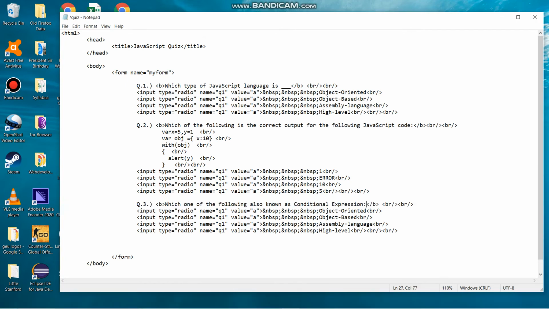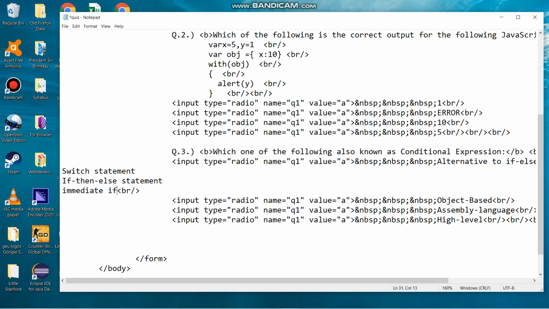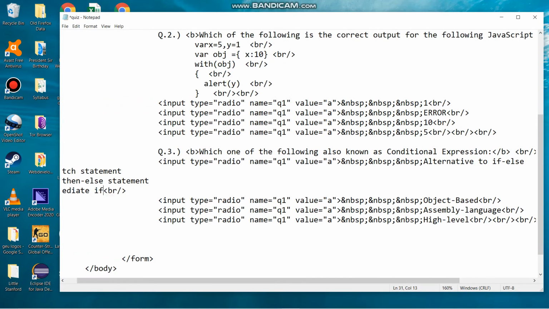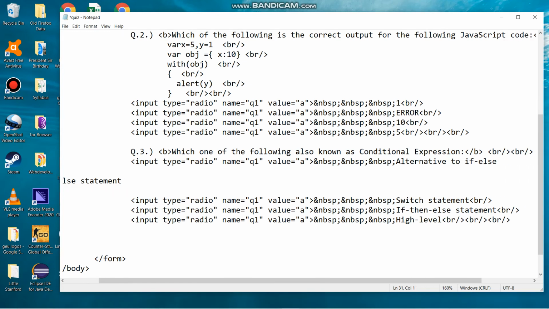Which one of the following is also known as the conditional expression, and colon? Just change the options I have taken here. First I have written alternative to if, second is the switch statement, third is the if then else statement, and fourth is the immediate if. So all of these options are put into their respective places.